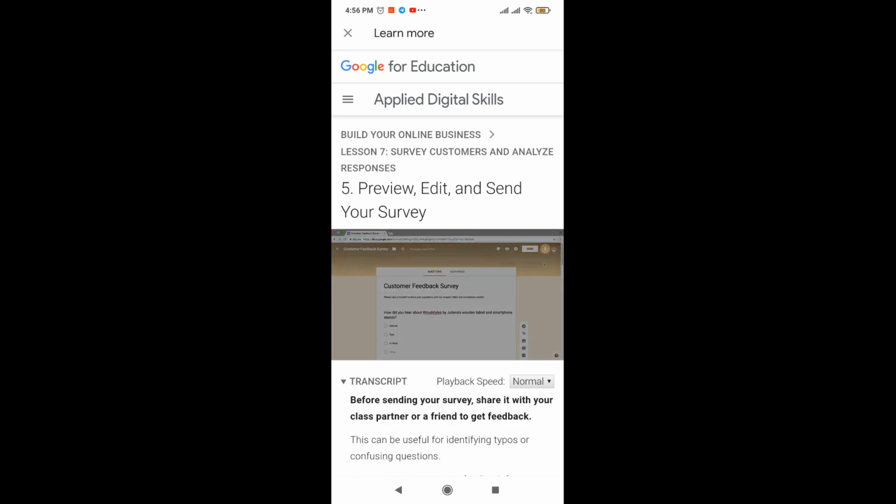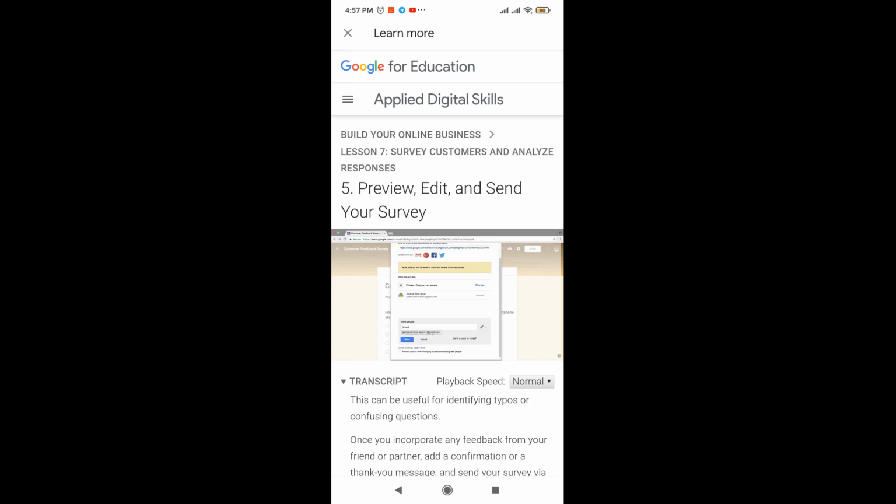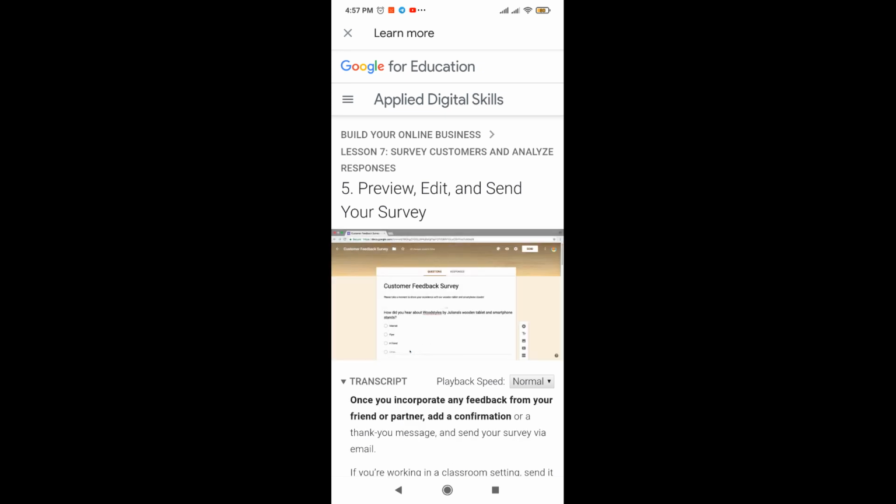Before sending your survey, share it with your class partner or a friend to get feedback. This can be useful for identifying typos or confusing questions. Once you incorporate any feedback from your friend or partner, add a confirmation or thank you message and send your